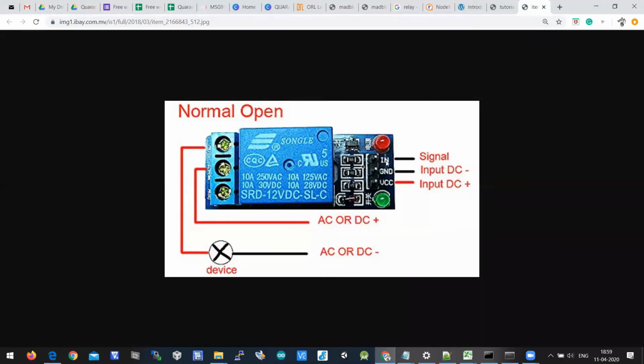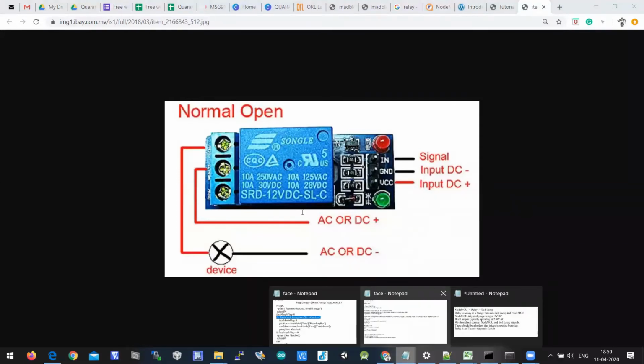And there are 3 pins here called IN input, ground, VCC. We need to connect VCC to VIN because at VIN we are getting 5 volts. Ground to ground. Anyway, ground is available in Node MCU, and at VCC you should apply 5 volts DC. So 5 volts is available at VIN.